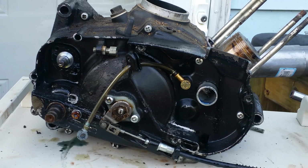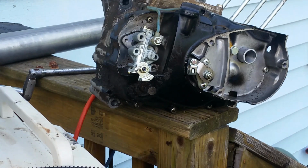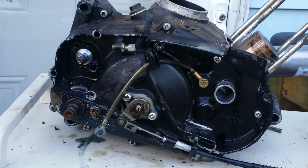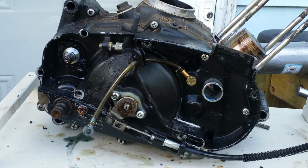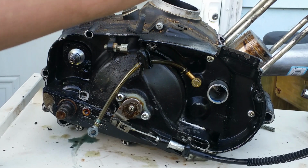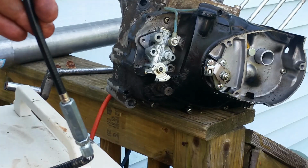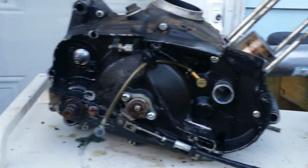This clutch cable right here that's in here now actually came out of the G4 motor, and it doesn't have the box on it for the kickstand release. So you can use the cable from that motor. It will work. The other thing,